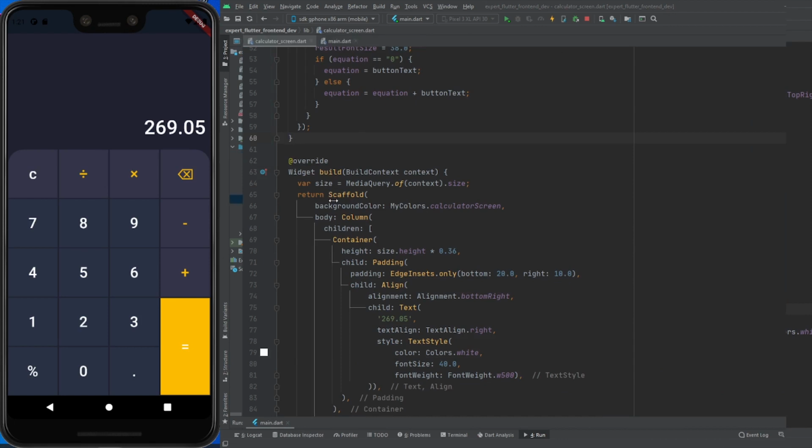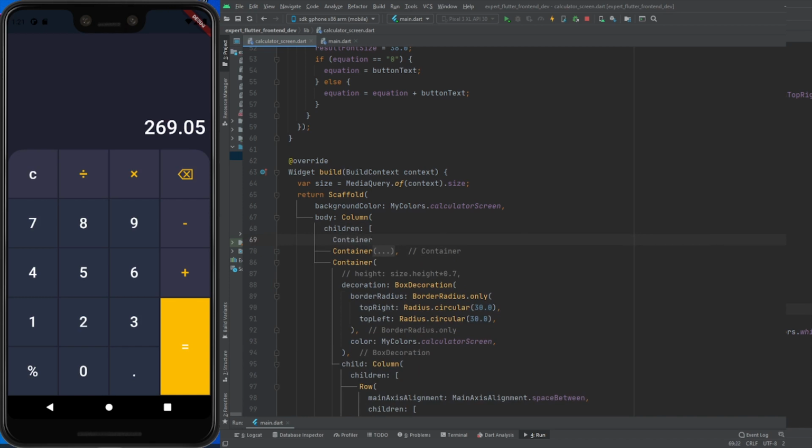So now here we will set the value of the result and the expression.